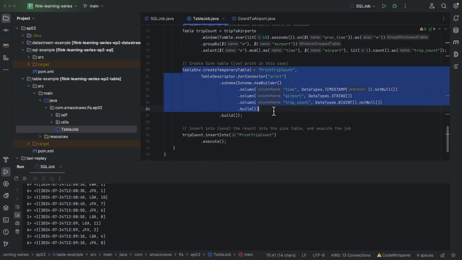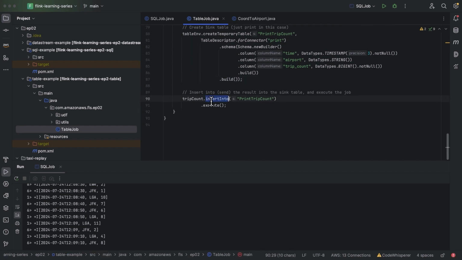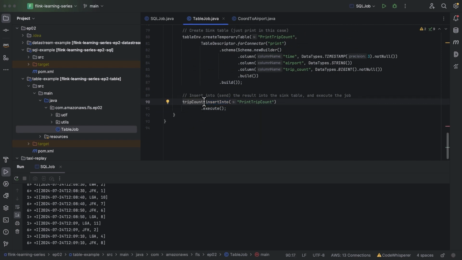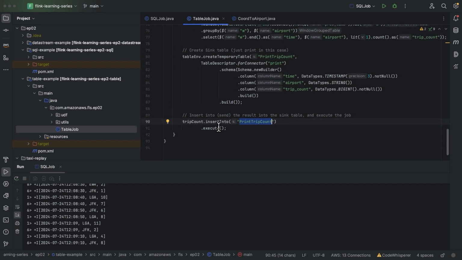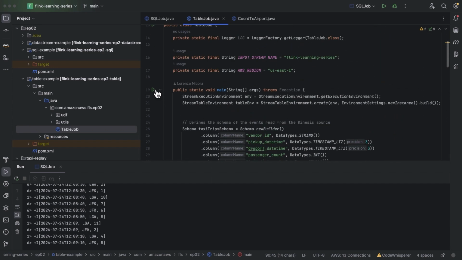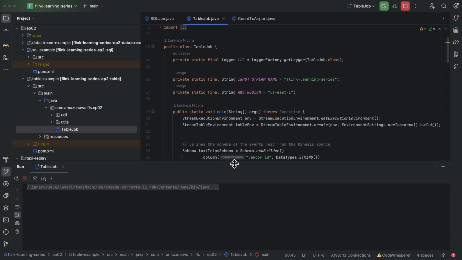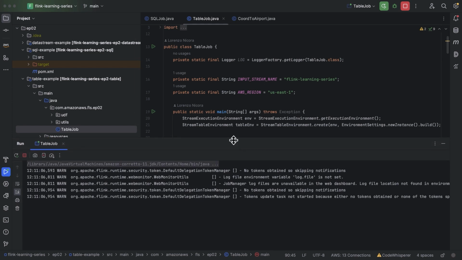We create the destination table where we're going to be printing those results, and we run an insert command in which we're inserting the trip count into our destination table. So let's execute this code as well. Again, we're seeing individual streams of events being printed.